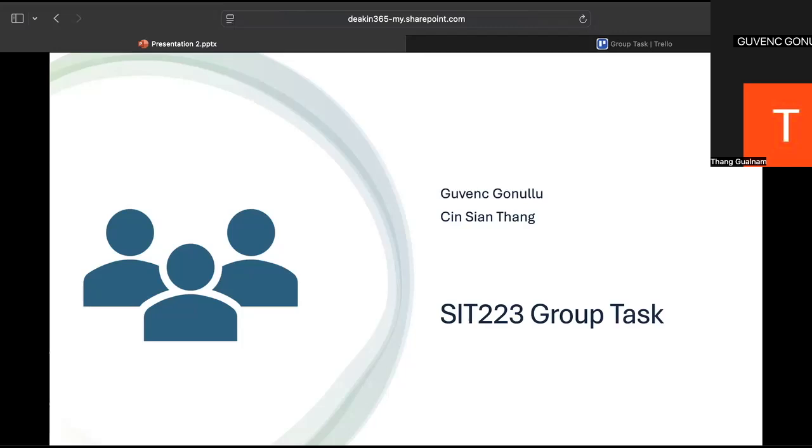Now I will talk about project context. Over the past 3 weeks, from week 4 to week 6, we have been working collaboratively on sprint 1 of our agile development process. Our project focuses on redesigning Deakin University's website to create a modern, user-friendly, and responsive platform that serves students, staff,